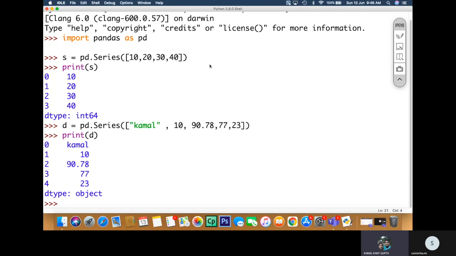Now it is very important to understand what is object. Object represents all data types. We can say that an object is an abstraction of all data types, meaning any data type can be accommodated as an object.